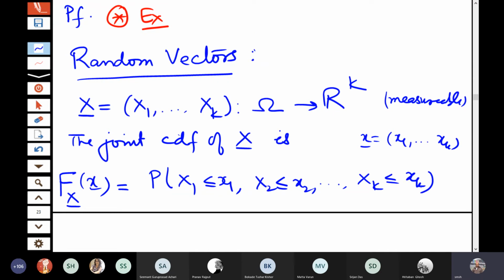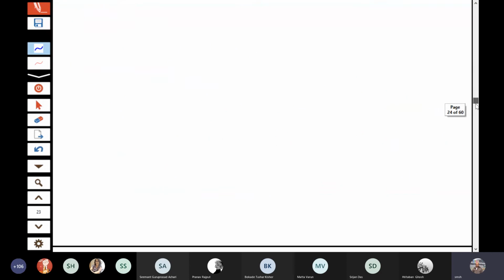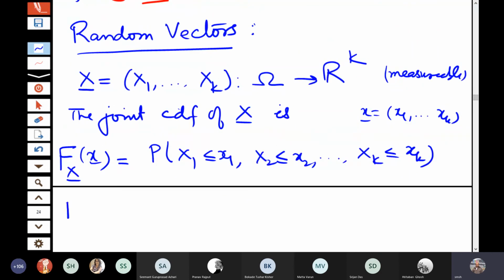In the case of two variables, you have seen that if I consider any one of the random variables tending to plus infinity, then I get the marginal CDF of the other one. Now here if I have k random variables, then I can take limit of some of them tending to plus infinity, then it will become the joint CDF of the remaining random variables. If I take any of the random variables tending to minus infinity, then it will become 0. So you have the following properties. Let me just briefly describe that.